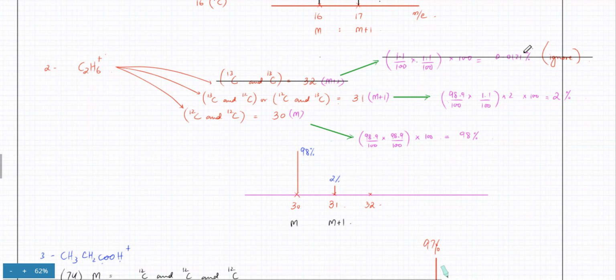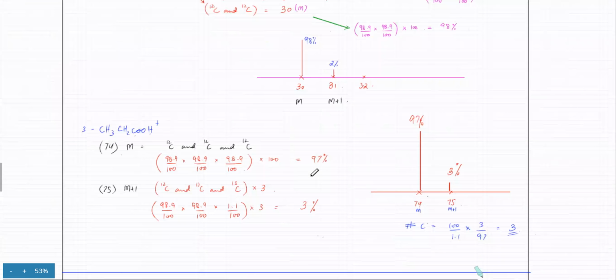That's even less than 1%. It's 10 times less than 1%. Not even 10 times. It's actually 100 times less than 1%. Acha, so you would only talk about M and M plus 1 ratios. And by looking at the ratios, you could figure out how many carbon atoms are present in a molecule.